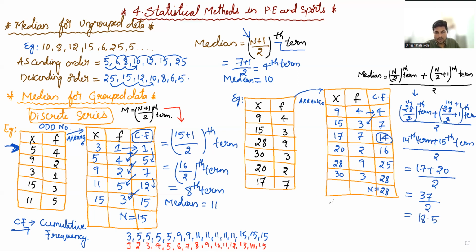Okay, so median of the given data, okay, is 18.5. Okay, so ఇలా మనం ఈవెన్ నెంబర్ డిస్క్రీట్ సిరీస్ కి ఫైండ్ అవుట్ చేస్తాము. ఆడ్ నెంబర్ కి నేను ఇంతకుముందు చెప్పాను. ఇప్పుడు మనం కంటిన్యూస్ సిరీస్ చూద్దాం. Okay,